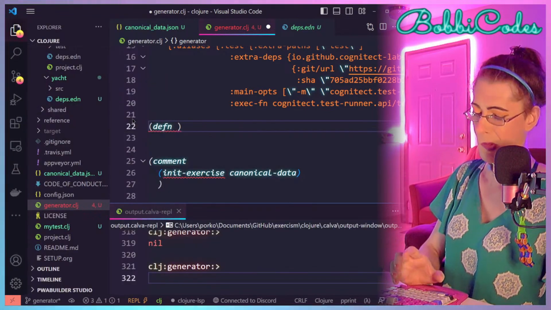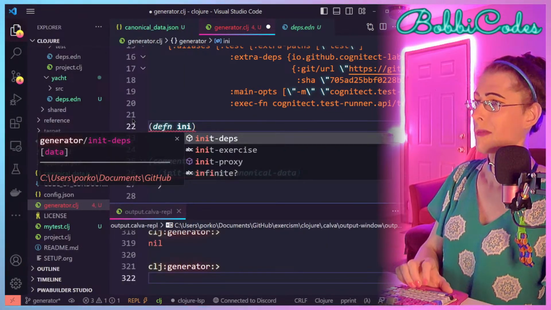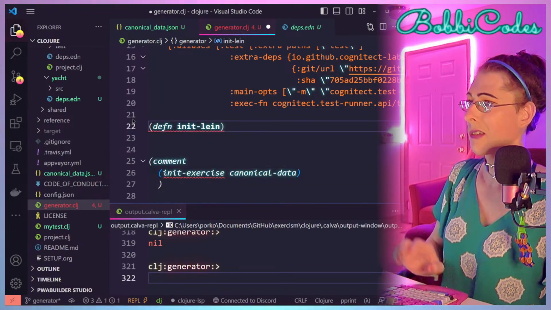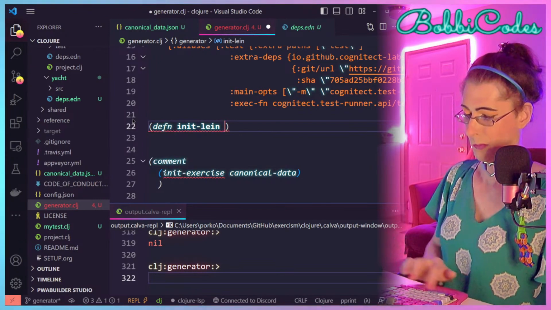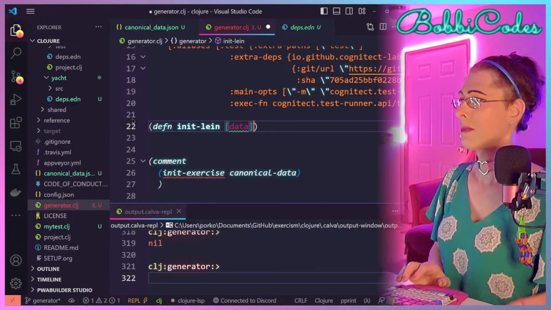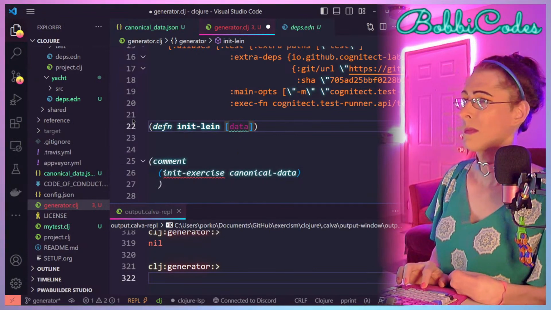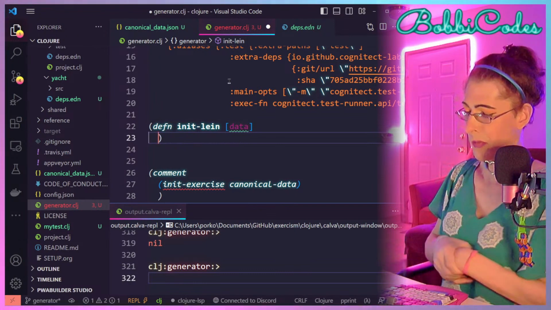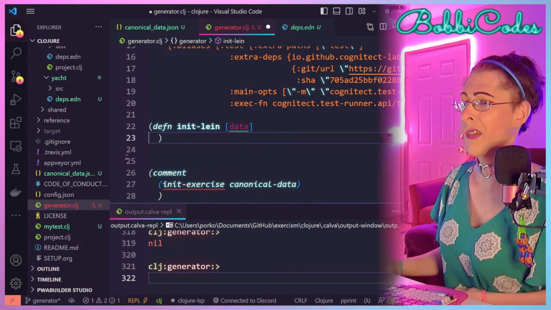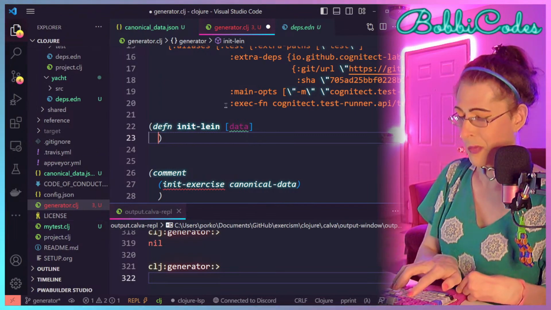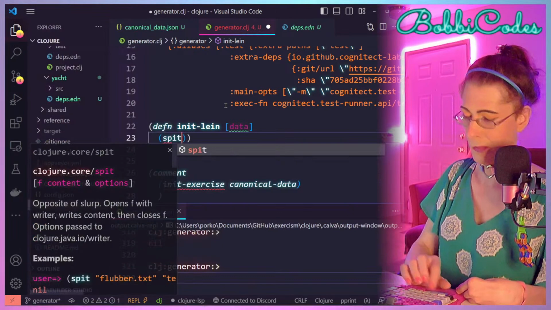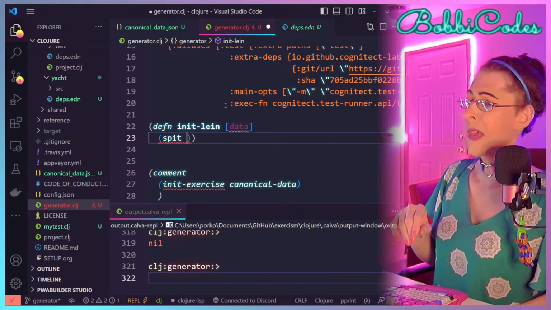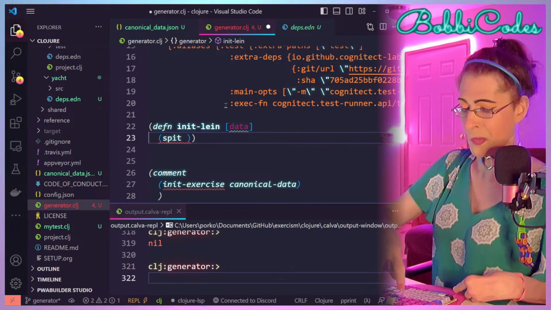Then we'll define another function that's init project.clj. Okay, so here we'll assume the directory's already made, and we're just gonna spit something. Now we need to pass this a proper path.